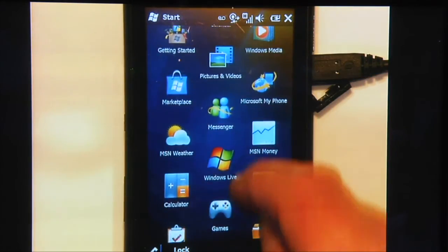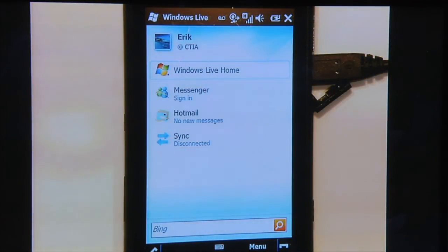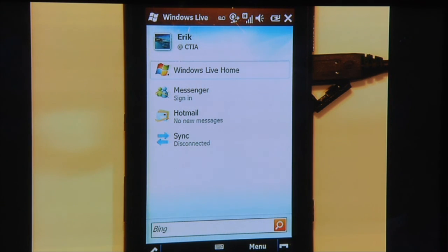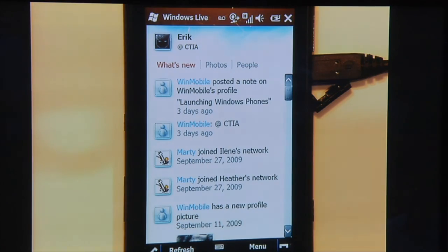Now, communicating and connecting can be done in various ways. Obviously, there was the email. There's also social networking. So here I've got my new Windows Live client. I already talked about Messenger and Hotmail a little bit, but I've also got in the new client the ability to connect to my Windows Live homepage. So if I go to my Windows Live homepage, I can see updated